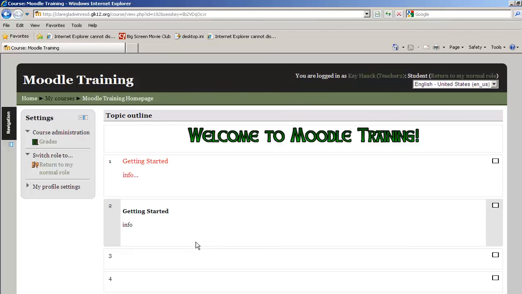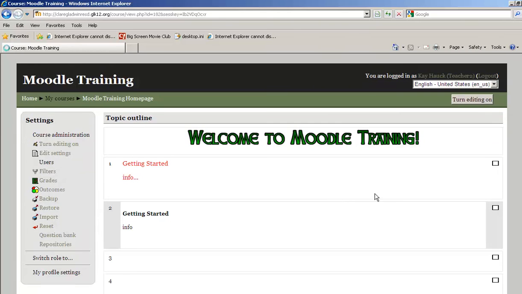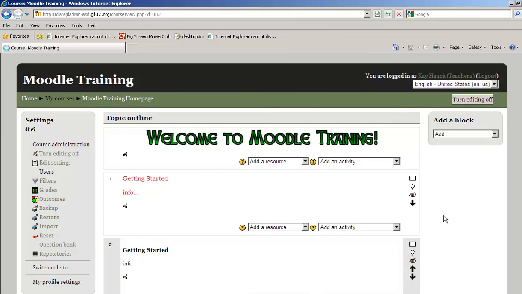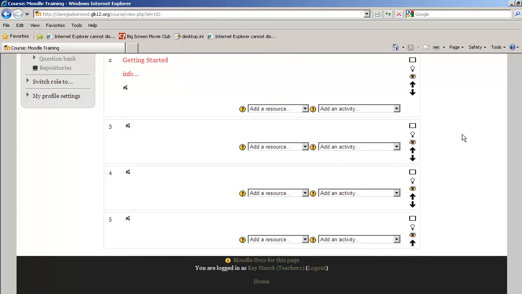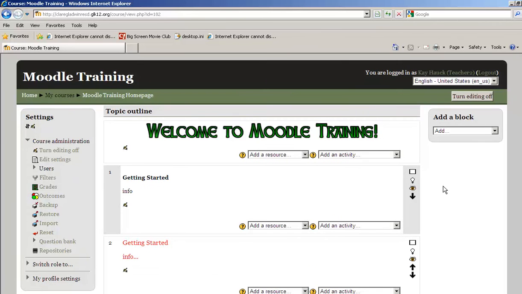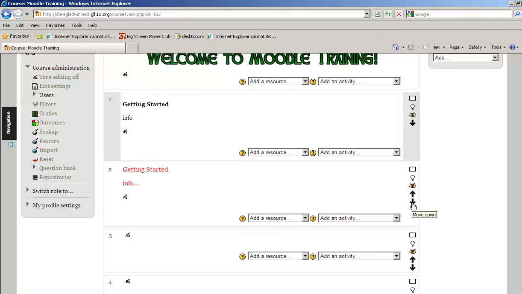So I'll switch back to my normal role, turn my editing on, and the last thing to note is that you can move topics around once you've created them and once you've got content inside of them. The arrows allow you to do that. So if you want to move a topic up or down, you just click the up or down arrow and it will move one place at a time. So I'm going to move my red Getting Started topic down one, and you'll notice that that did move down one. And then if I want to move it down another one, I have to click it again. So that process can be a little bit tedious,